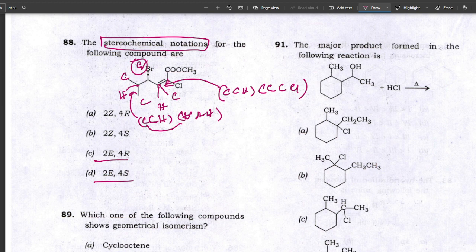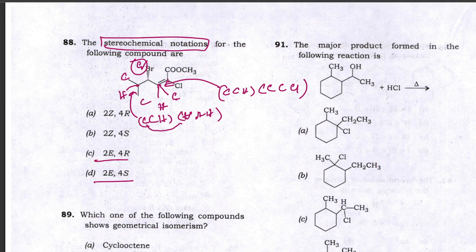You do not need to understand the latter part, but you can see that after this carbon is having hydrogen, this carbon is not having hydrogen, instead it's having carbon. So overall the priority of this carbon is high, so this will be B and this will be C. So A, B, C is moving in a clockwise direction, but hydrogen is on the upside, the least priority group, so this will be S. So the answer will be D.